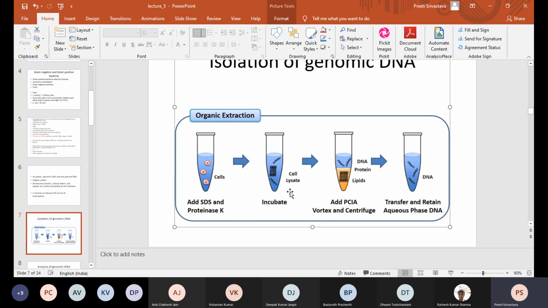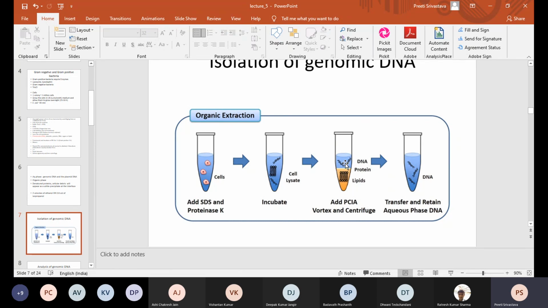So the upper phase is the aqueous phase, the lower phase is the one which is shown in yellow, which contains the phenol chloroform isoamyl alcohol. So all the lipids will collect at the bottom, and at the interface you will see some denatured proteins, cellular debris, some of the lipids, carbohydrates, etc. And what you see is that the chromosomal DNA and plasmids appear in the aqueous phase, which is the upper phase, correct? So what you do is you transfer the upper aqueous phase, and then to precipitate the DNA